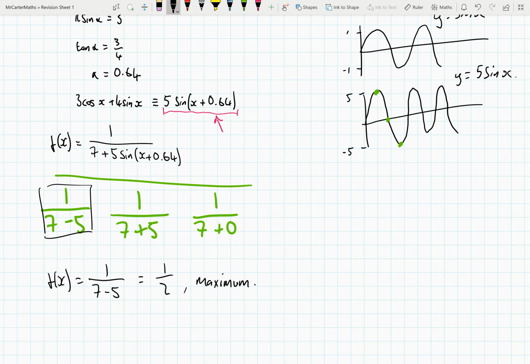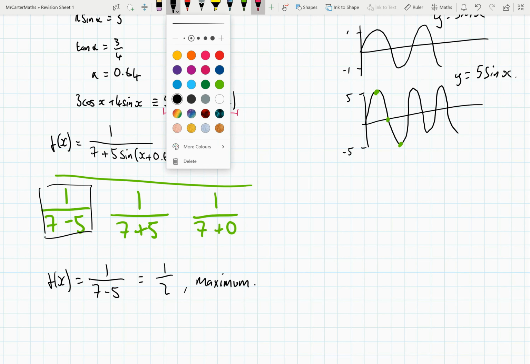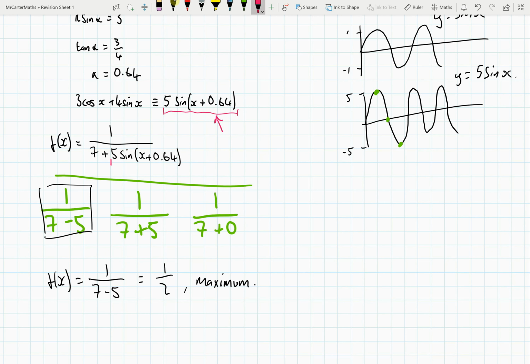The other part of the question asks for which value of x this maximum occurs. So I would just go through that logic we just used. When is this maximum actually happening? This maximum is actually happening when our 5 sine x plus 0.64 is coming out as minus 5. Well, that's going to happen when